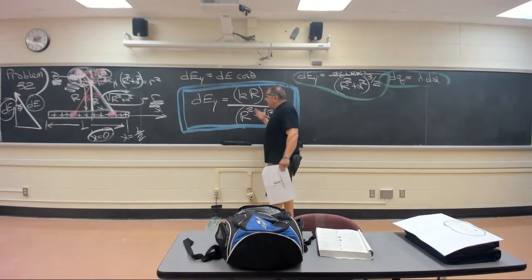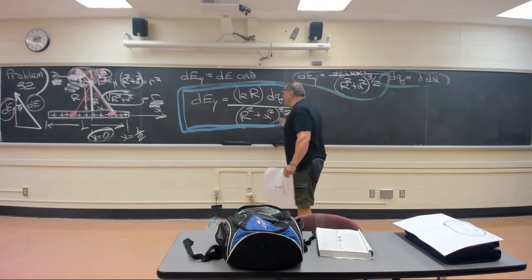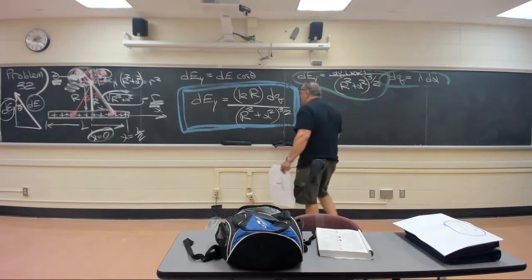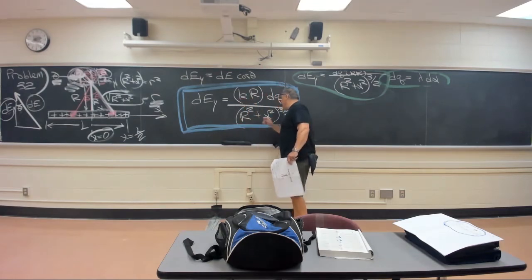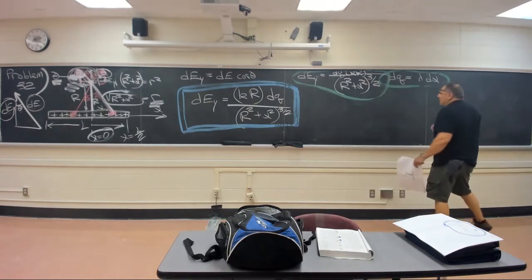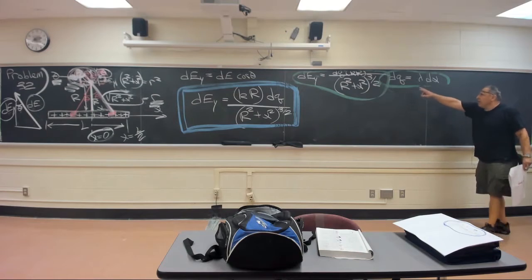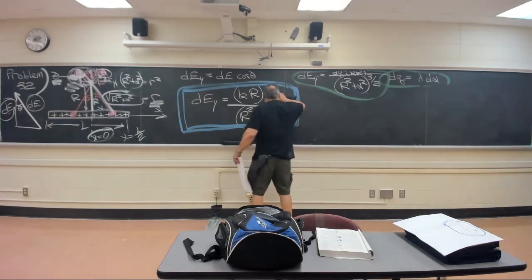But what's really important is, okay, I've got all these differentials here, everything's great. Let's try to make things line up with what variables are present. R is a constant, it's not a variable. K is a constant, not a variable. So K and R are constants. X is a variable. Can dq be expressed in terms of dx, in terms of some differential of x? Sure, dq is lambda dx. If dq is lambda dx,